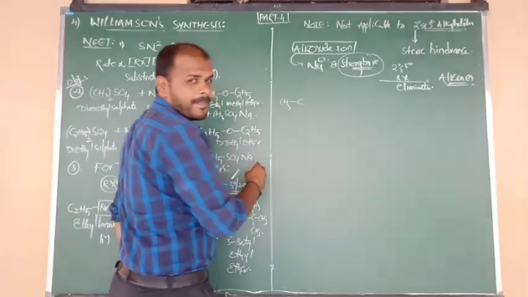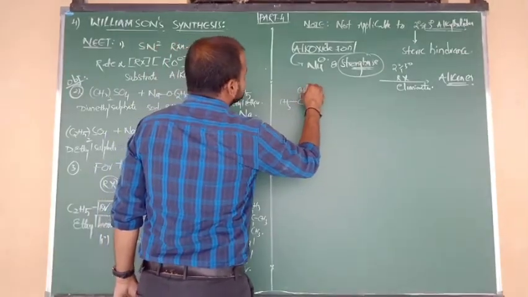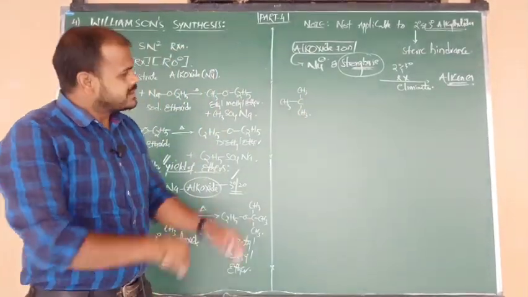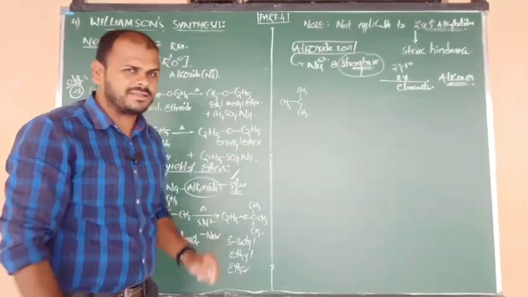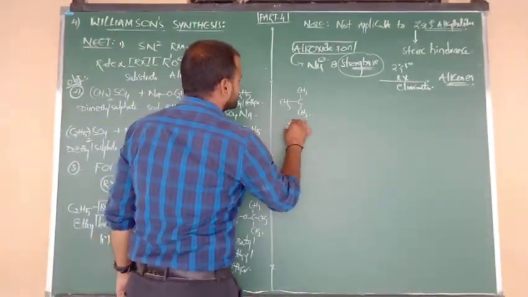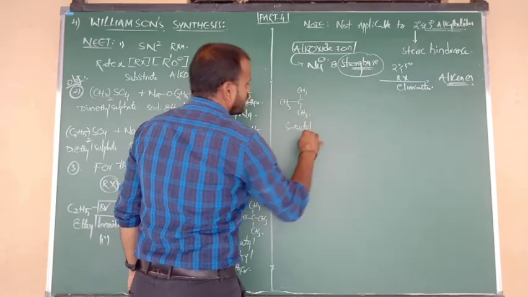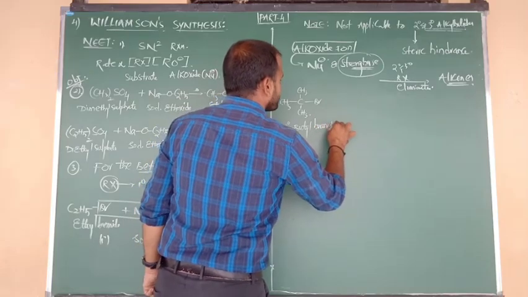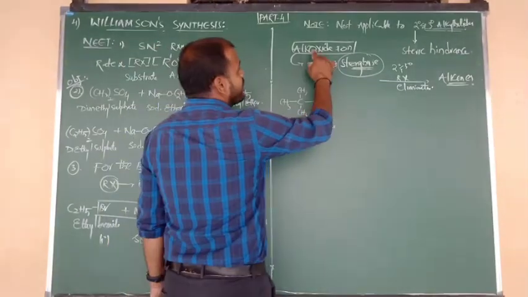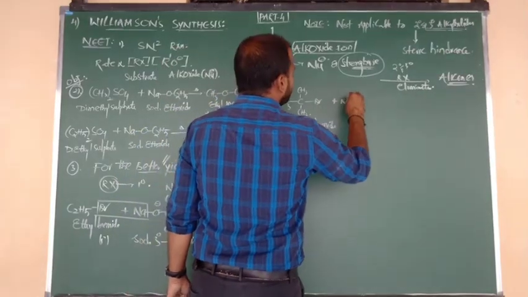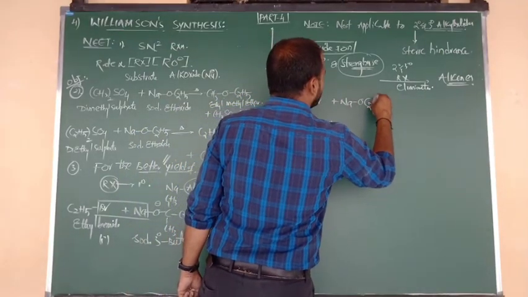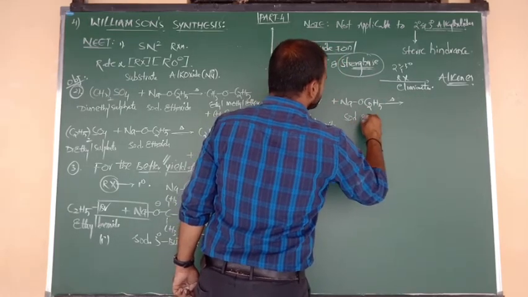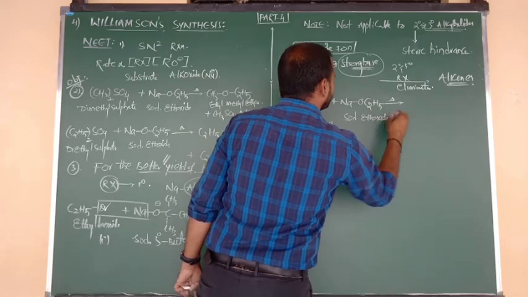CH3 bonded to C, above plane CH3 and below plane CH3. Central carbon connected to the surrounding 3 carbons. So this is nothing but tertiary butyl. And suppose it is connected to Br, it is nothing but tertiary butyl bromide. Good. It undergoes reaction with an alkoxide. Which alkoxide? Any alkoxide you can consider. First, suppose sodium ethoxide, NaOC2H5. What is the name of this reactant? Sodium ethoxide, an alkoxide example.